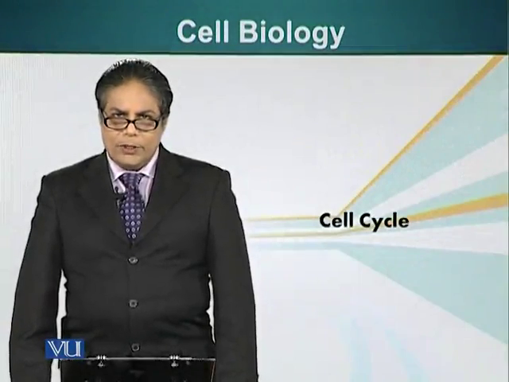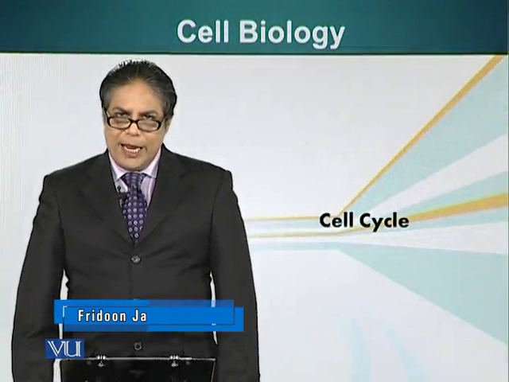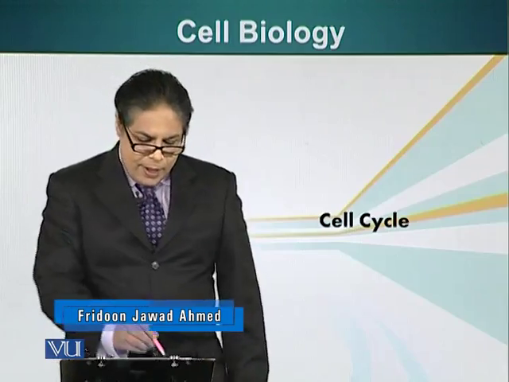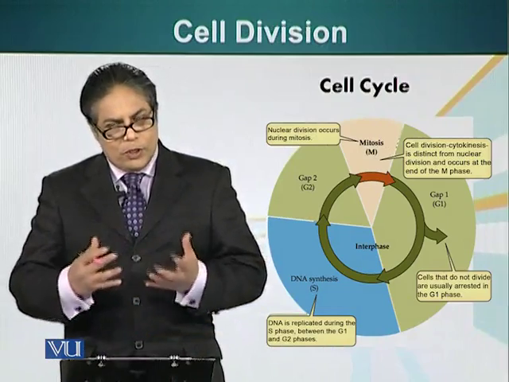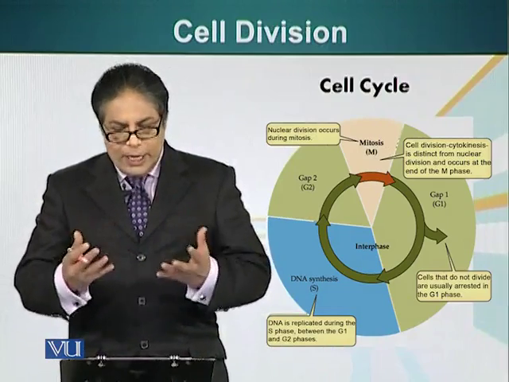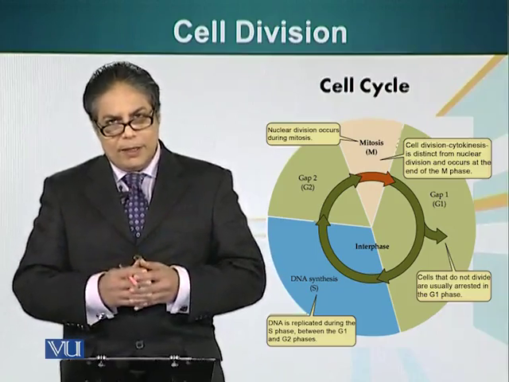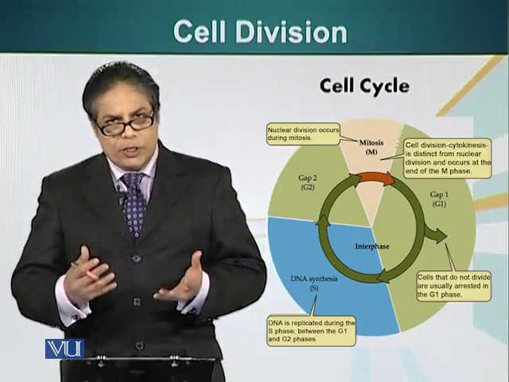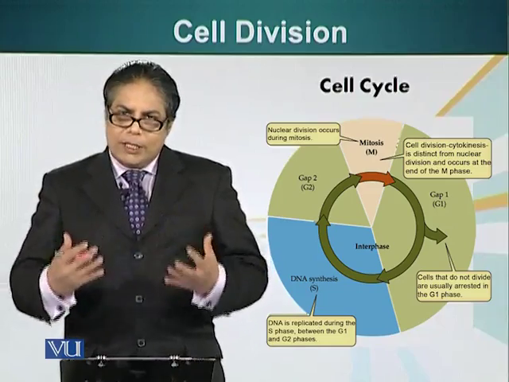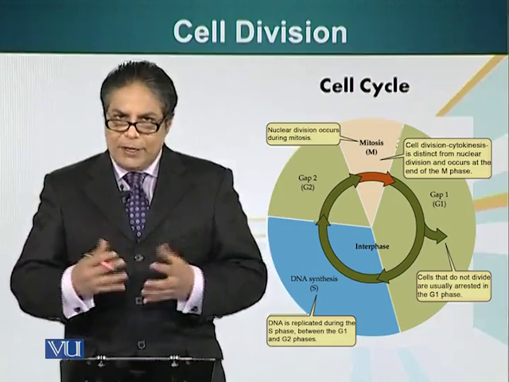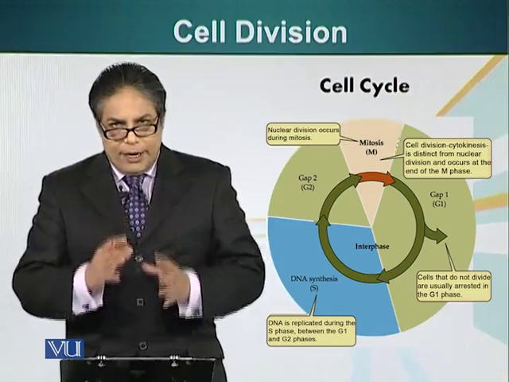Now let's look at the process in more complex organisms, the eukaryotes, in which there are membrane enclosed organelles. First of all, higher organisms don't divide just because nutrients are available. For example, our cells don't divide because nutritious molecules are available in the environment. Our blood is full of nutritious molecules. So if that was the criteria, our cells would keep on dividing, and it would be disastrous. That is something that happens in cancers. Our cell division is regulated.